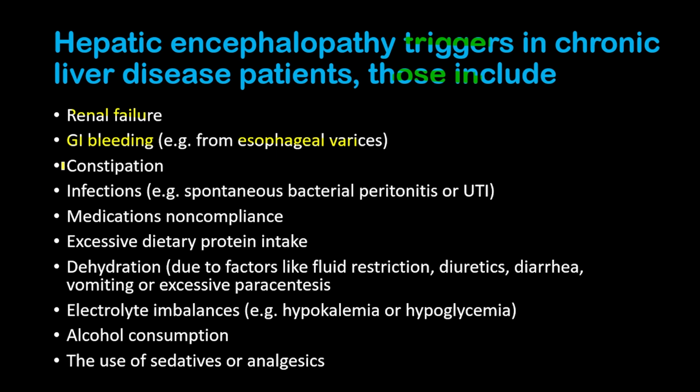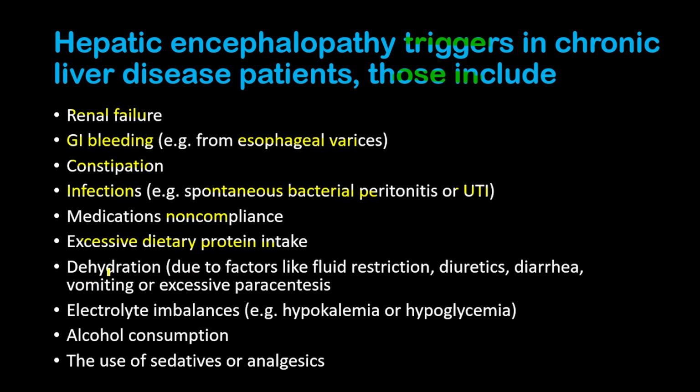Now, the other trigger is constipation, because constipation accelerates ammonia production, and also we have infections such as spontaneous bacterial peritonitis or urinary tract infections, and hepatic encephalopathy may be triggered if the patient is non-compliant to medications. Now, hepatic encephalopathy may also be triggered from excessive dietary protein intake, and we already talked about protein intake. It should be maintained at 1.2 to 1.5 gram per kilogram per day, and it should not be more than